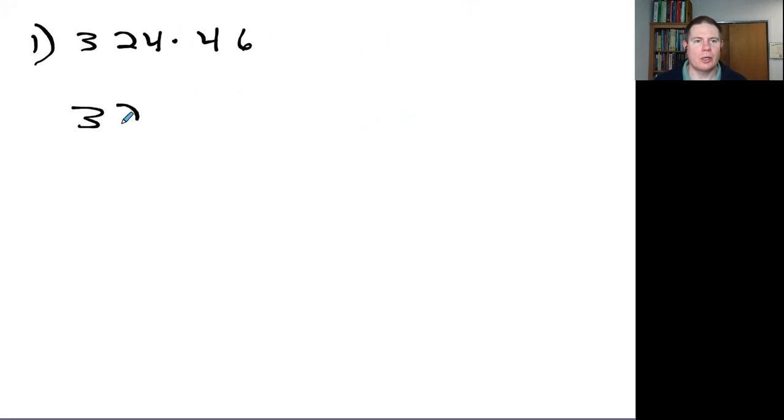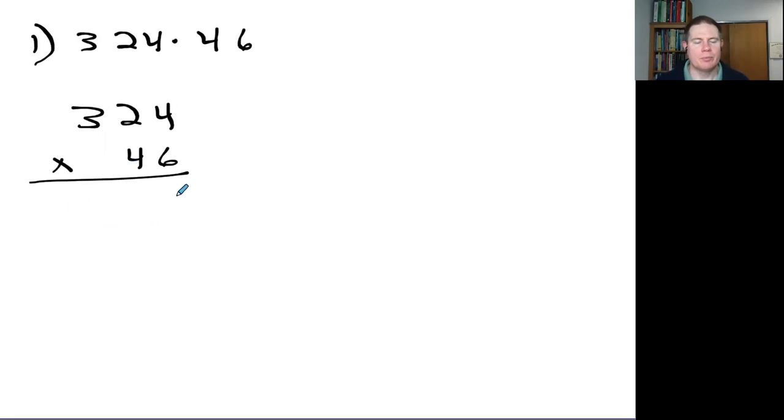Okay, so we've looked at the properties of multiplication, and I think it would be useful to see them applied to particular problems. So we're just going to quickly go through a few different multiplication problems. So number one, we're going to look at 324 times 46. Right, so one way to do this, the classic way, is to use as few steps as possible